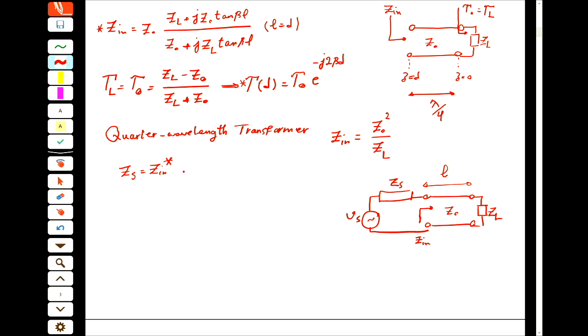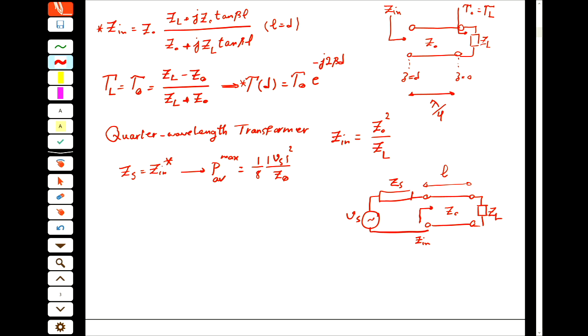And then the maximum power transfer, PAV max, equals one over 8 Vs squared divided by Z naught. So this is the maximum power that we can get. We want the source impedance to be the conjugate of Z in for perfect power transition. Yes. What do you mean by perfect power transition? I mean the maximum power that we can transmit.